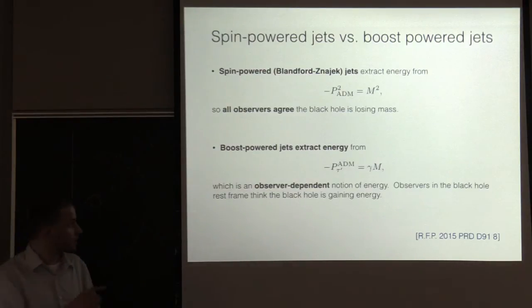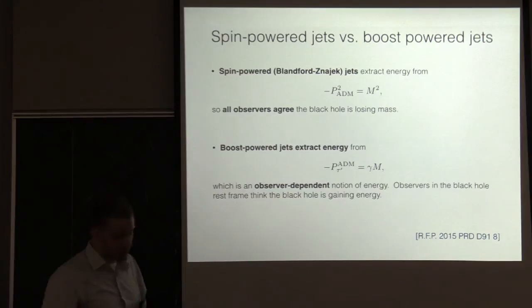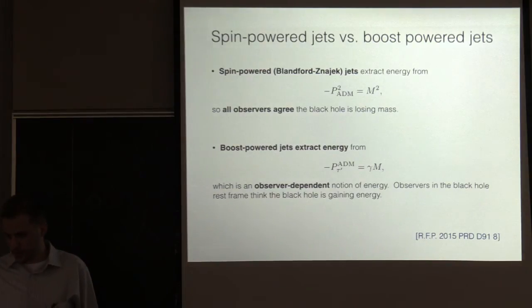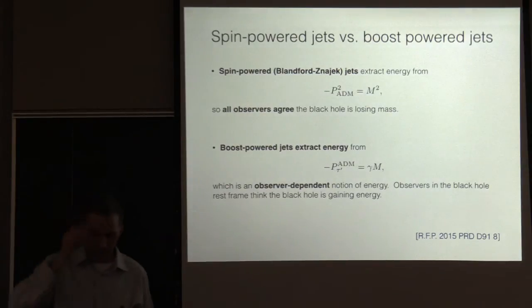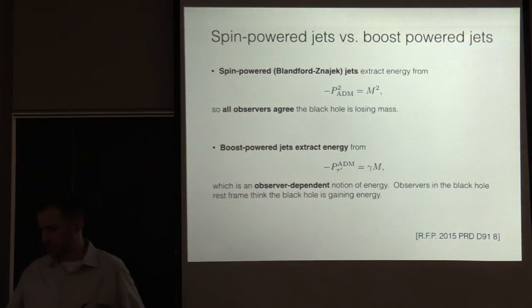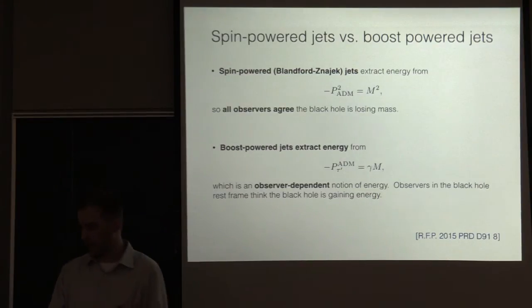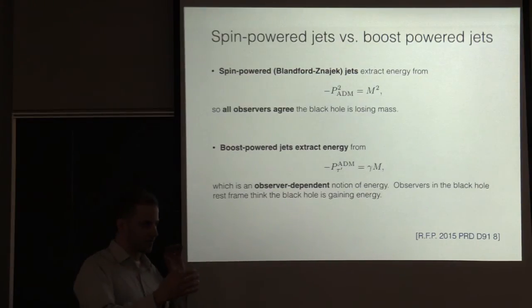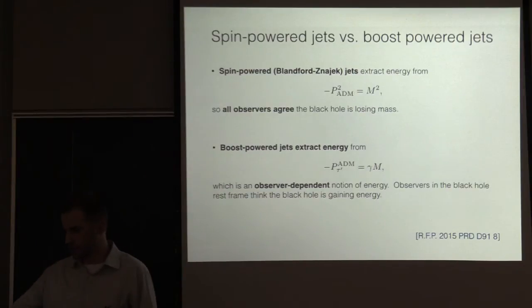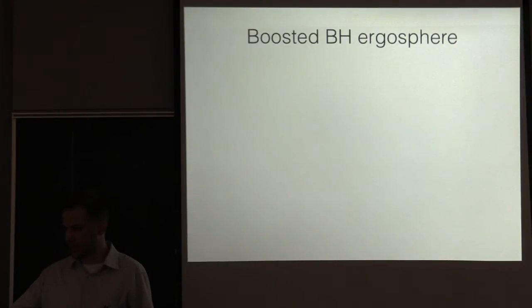Okay, so that was Gregory's question. Okay, talked about that enough. All right, so now we're building up to the problem of understanding jets. The next thing you'd like to understand is, for spinning black holes, one of the things that really helps to think about is the fact that a spinning black hole has this region called the ergosphere, where you can have negative energy. And no one had really thought about the ergosphere of a moving Schwarzschild black hole. But it turns out it's something you can think about.